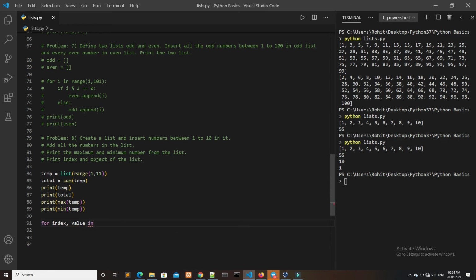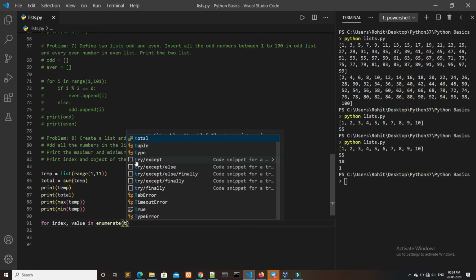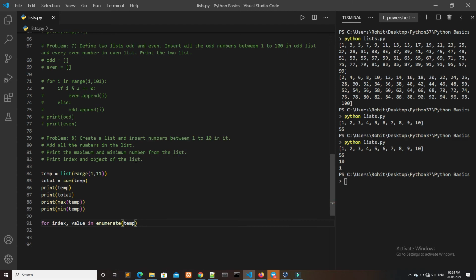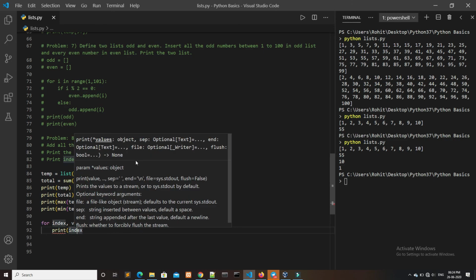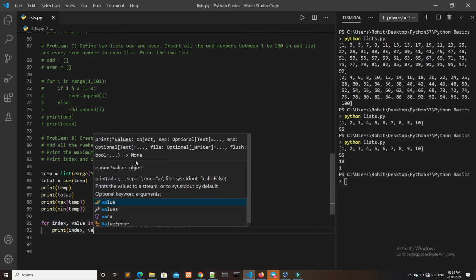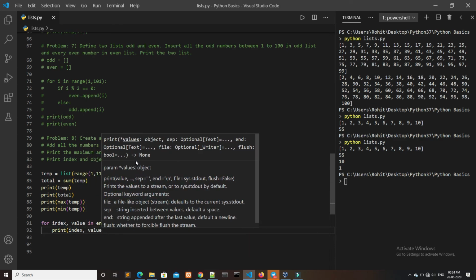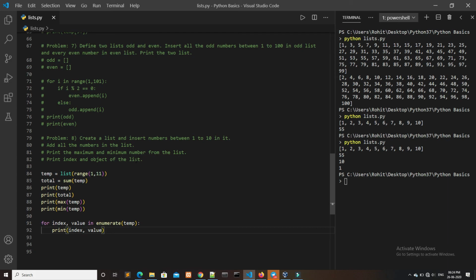Here we have to write enumerate and temp. So it will take the index and its value from temp, and here we have to print the index and the value. This will give the desired result of part 3.